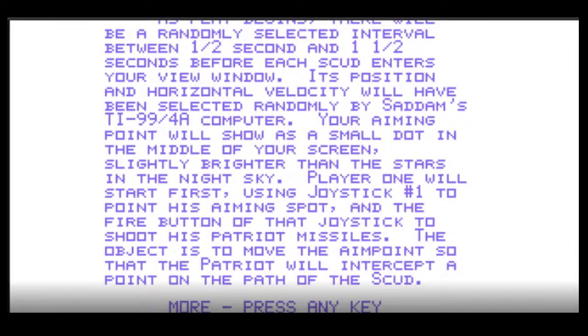Your aiming point will show a small dot in the middle of the screen, slightly brighter than the stars in the night sky. Player 1 will start first using joystick number 1 to point his aiming spot, and the fire button of that joystick to shoot his Patriot missiles. The object is to move the aim point so that the Patriot will intercept the point on the path of the Scud. More, press any key.